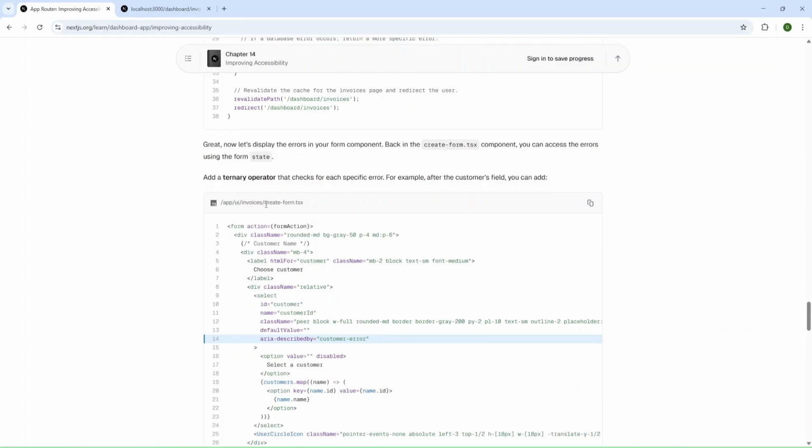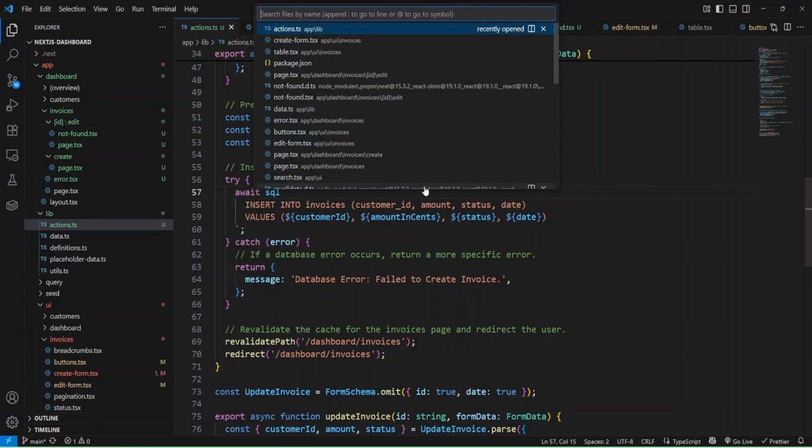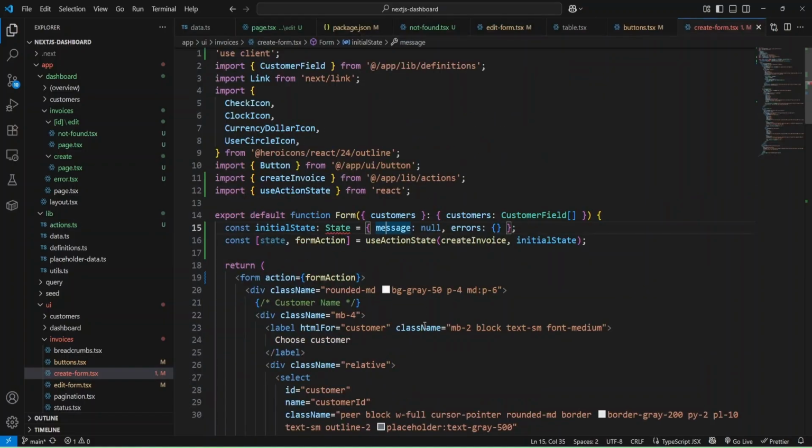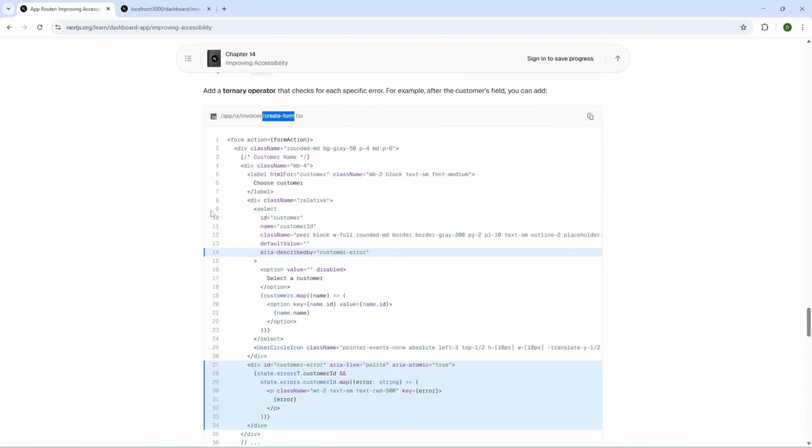And next we need to change create form, and let's do it. And now we can provide aria-describedby inside our select.